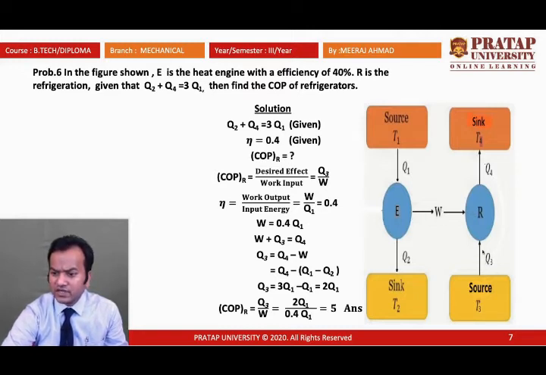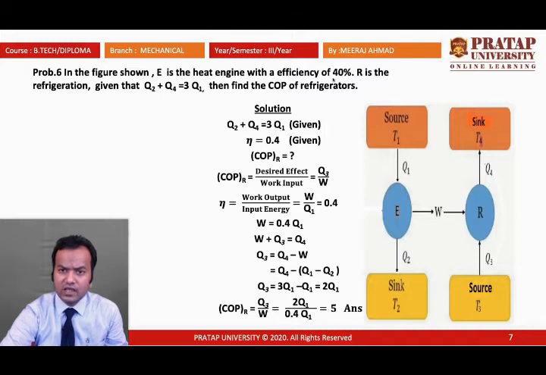Q3 is the heat extracted from the source at temperature T3, and Q4 is the heat input to the sink. In the question it is given that Q2 plus Q4 equals 3